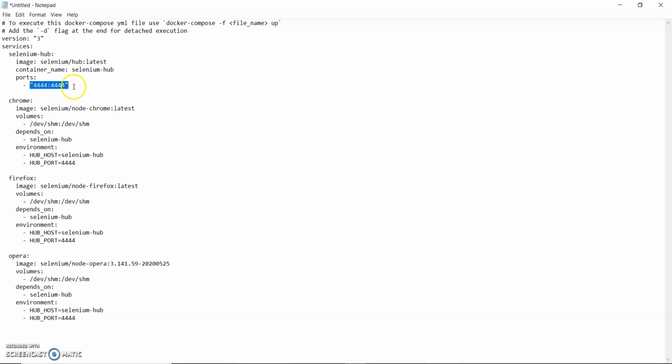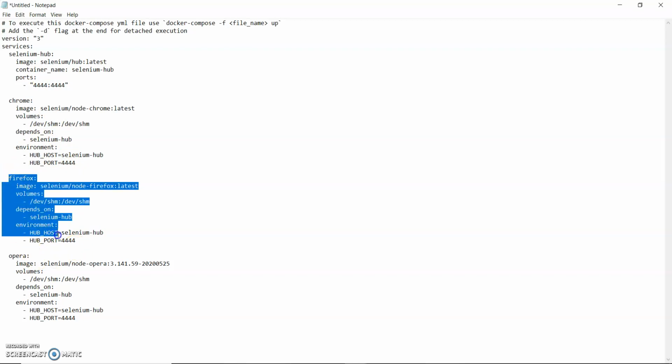This is all the internal setup, and we can change it. We can also change this port and give another connection. We have to change only the first part; we do not need to change the second part. If we change the first part, then we have to use that port in our code.